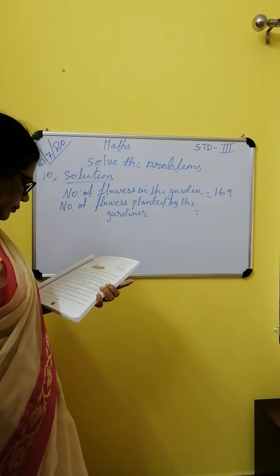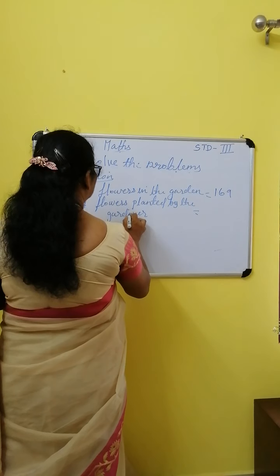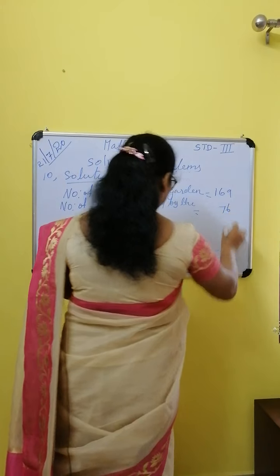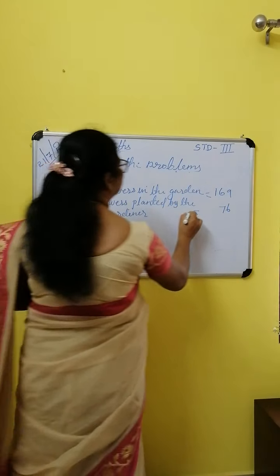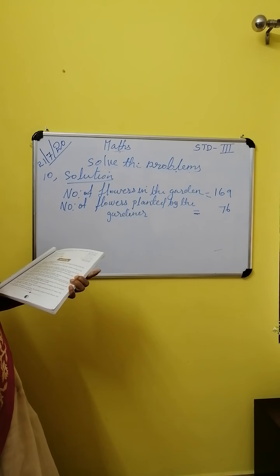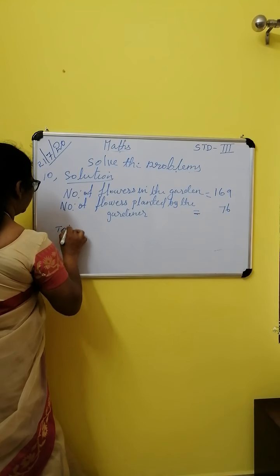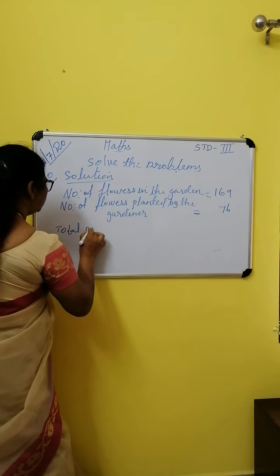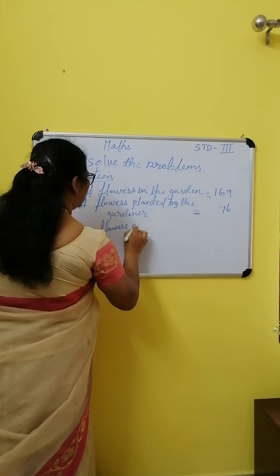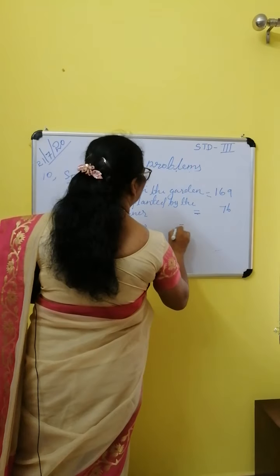Equal 76. Okay. How many flowers are now in the garden? Total number of flowers. Now equal